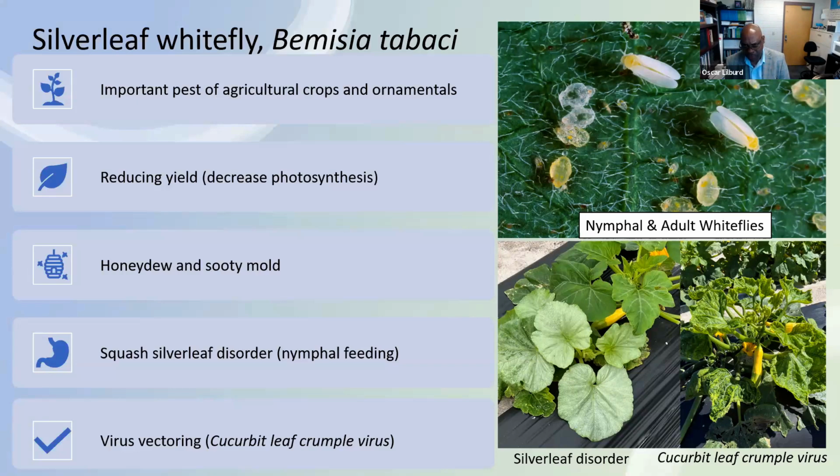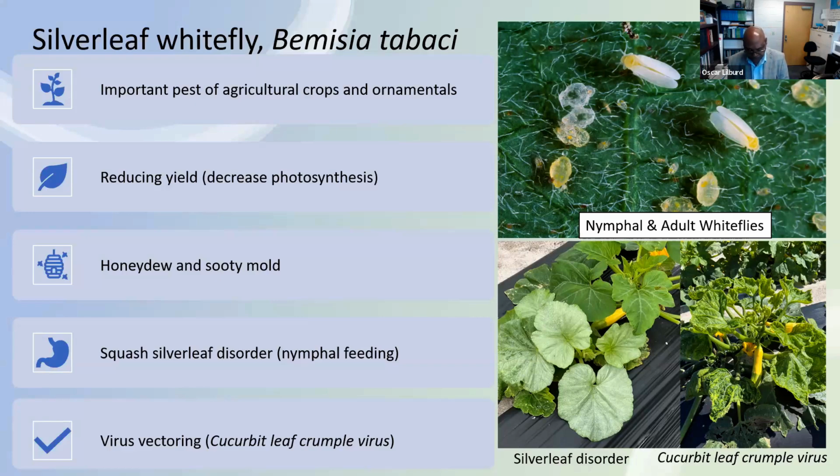One of the biggest problems is that the adults tend to secrete a sugary substance called honeydew, and sooty mold tends to grow on top of it. This interferes with photosynthesis. The plant is not able to carry out photosynthesis,